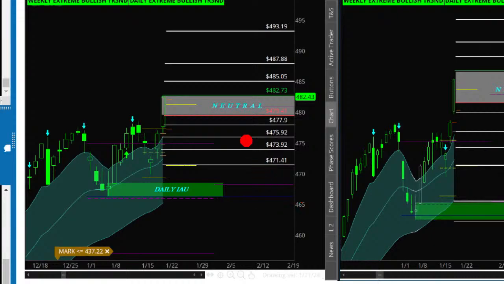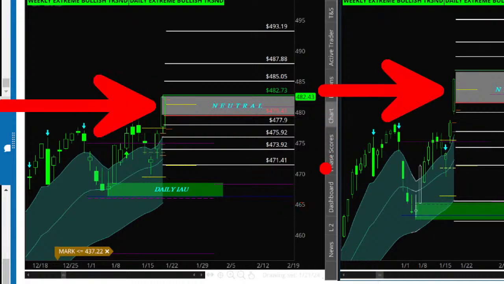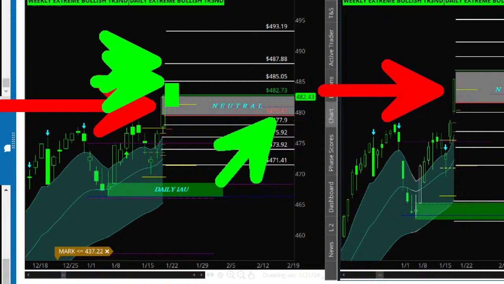Now, again, don't get that confused. The neutral strategy, basically, this is like a no brainer. You don't think about it. What you think about is the risk that you're putting on. All right. So, for example, if I'm going long here and I'm going long above the box and I want this to be a swing trade, my stop is below this red line. Okay, so again, this is the type of trade where I want to get in it and I don't want to look at the charts every 5 minutes. I want to set alerts at the targets to the upside.